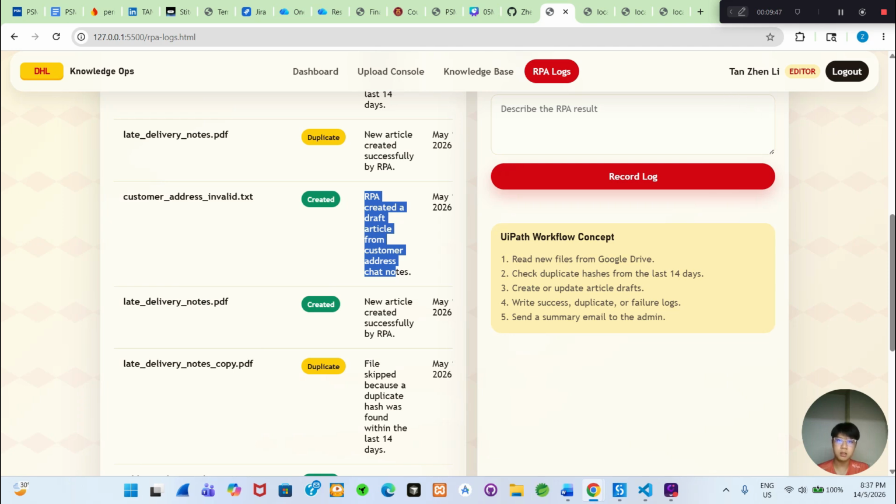So in conclusion, the DHL Smart Knowledge Base automation system provides a complete workflow for transforming massive logistics operation input into structured knowledge articles. Then the system includes login